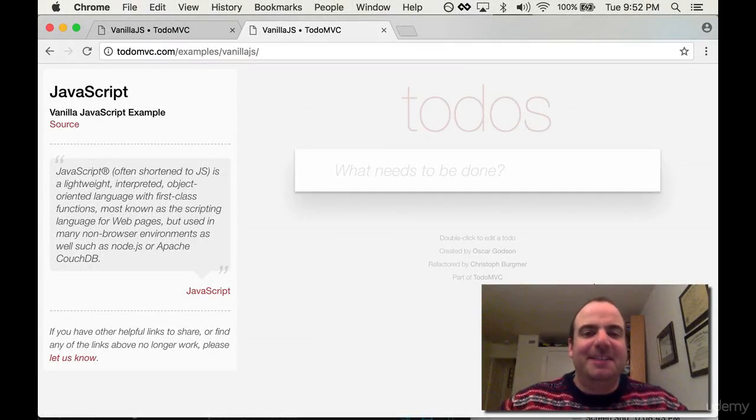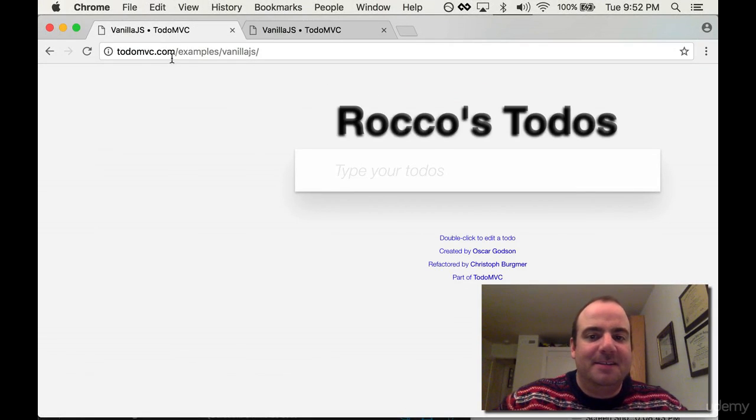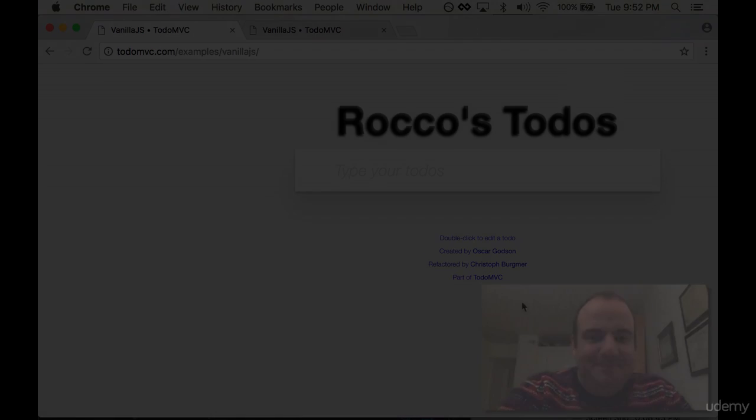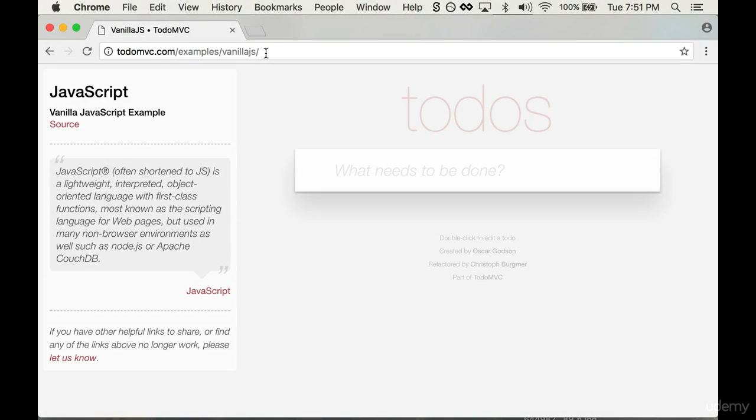Okay folks, so in this lesson we are going to look at how to transform this app that looks like this into an app that looks like this, all with the Google Chrome Developer Tools and the Elements panel. For most of this course we're going to use this To-Do MVC app, and that's located right here,